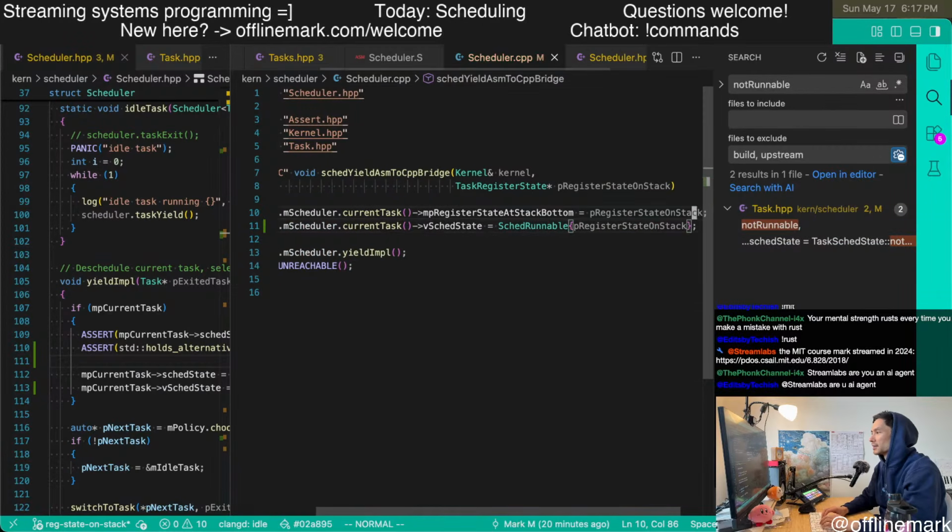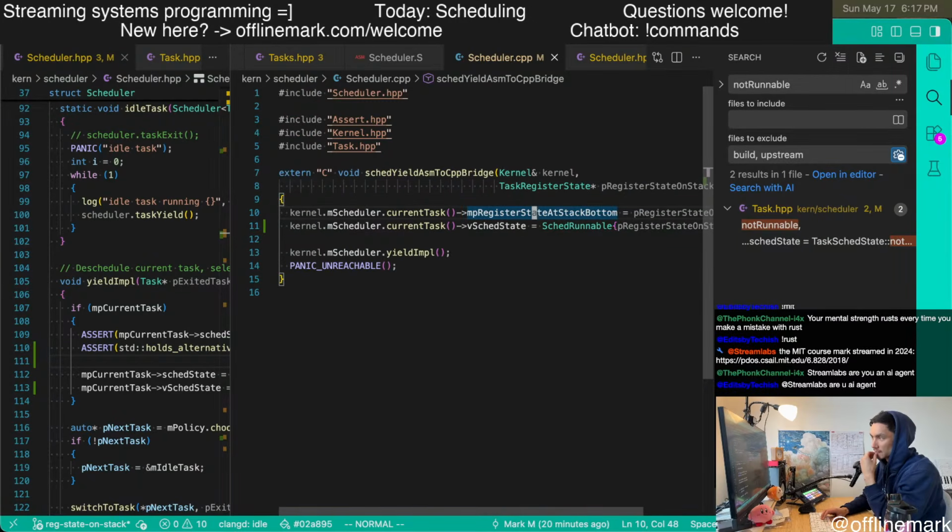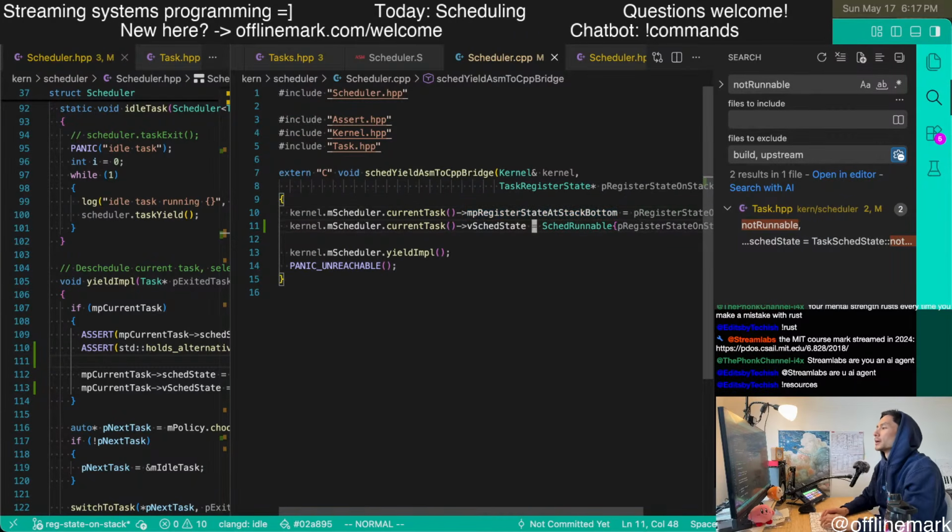I think. So we already move it into the runnable state. We sort of, yeah, it's like not running anymore.